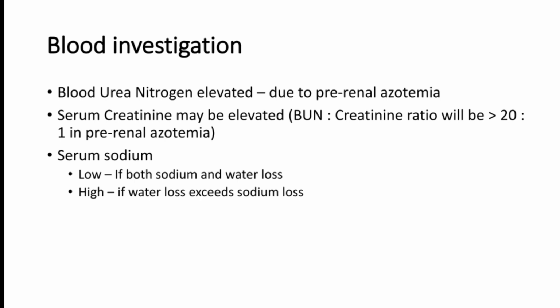Now, the next important investigation is serum sodium. If the patient has real volume depletion, you can see sodium levels are high. Like urea is high in volume depletion, serum sodium also will be high. But in a patient who has volume excess and intravascular volume loss, like hypotension in a patient with cirrhosis, sometimes sodium can be low. But in a routine condition, if the patient does not have any volume overloaded condition and there is intravascular volume loss and hypotension, the sodium will be slightly higher. Hypernatremia is a sign of volume loss in that type of condition.